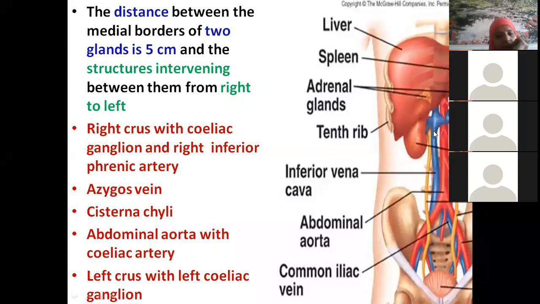Okay, then you are finding abdominal aorta with celiac trunk, then left crus of diaphragm. Right crus of diaphragm will show right celiac ganglion, left crus of diaphragm will show left celiac ganglion. Anyhow, ganglions I will explain clearly with one separate topic like sympathetic chain in the last few topics.